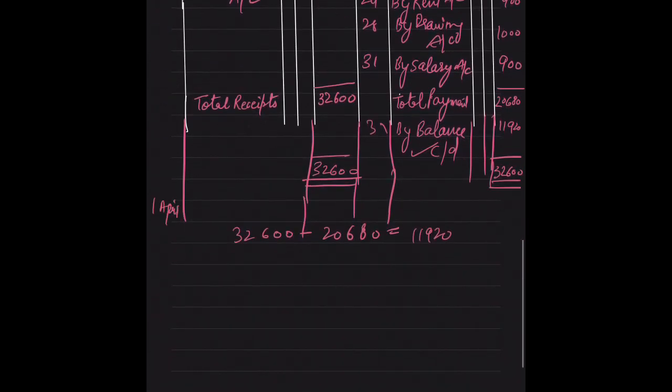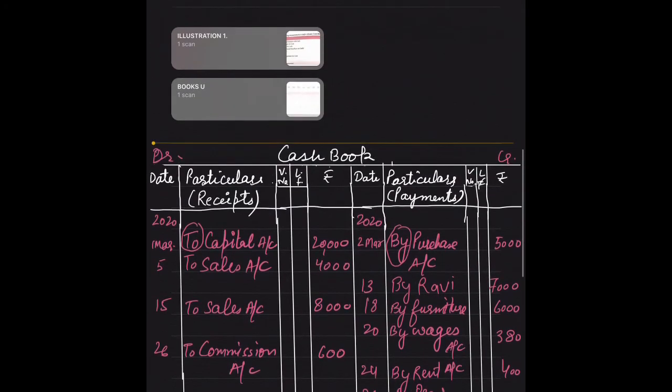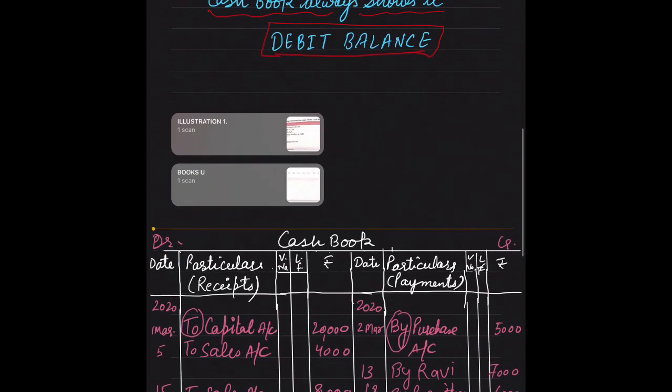The next month is 1 April, to balance brought down. This is the opening balance for April month. This is the closing balance of the March month. How much amount? 11,920, and it becomes the opening balance for the coming month, right? This is the first illustration, and try to solve the